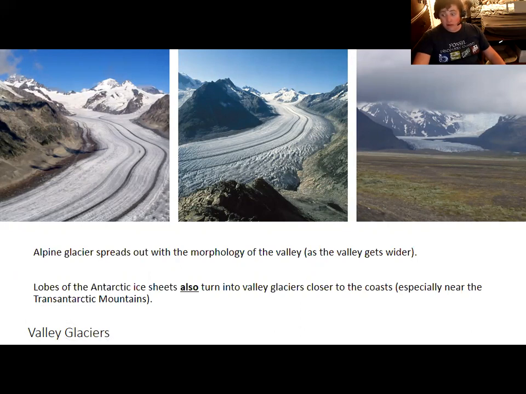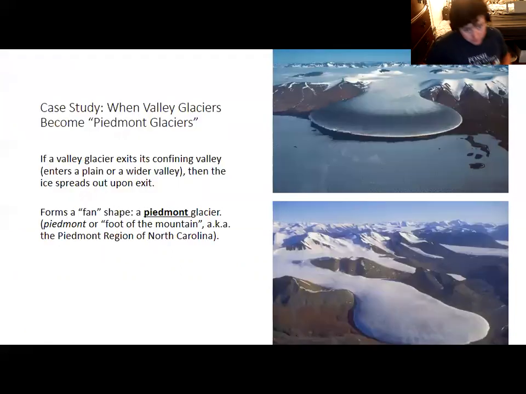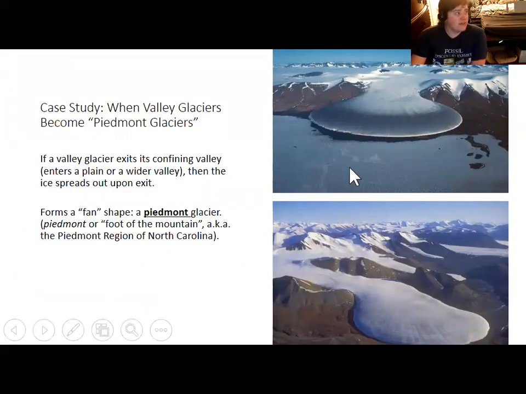And in the Transantarctic Mountains, glaciers that are flowing from the interior of the continent suddenly become trapped by mountains, and the individual lobes, which are all coming from the central East Antarctic ice sheet, start to become more constrained by the valleys between the mountains. Of course, in some valleys, like the dry valleys, you don't have glaciers because the winds are strong enough to blow the snow away. But on the edges of Antarctica, you do have glaciers flowing into valleys and towards the oceans. Now, in the dry valleys, you sometimes have an interesting case where you do get a lobe coming from the main glacier, and you can see that